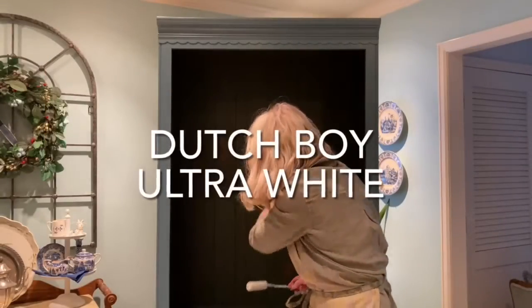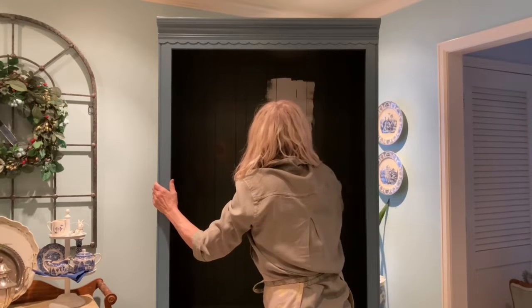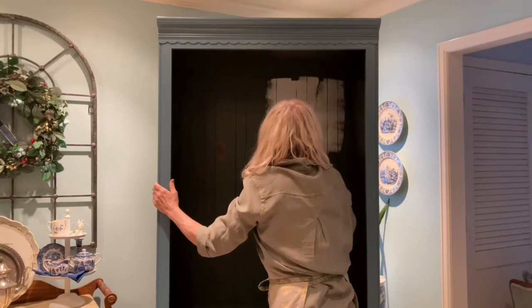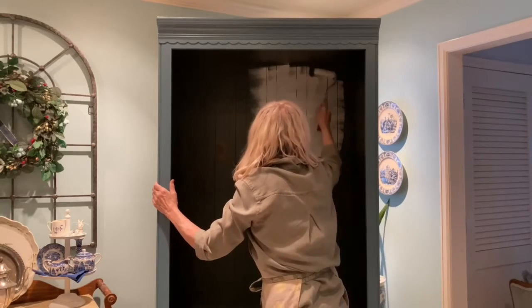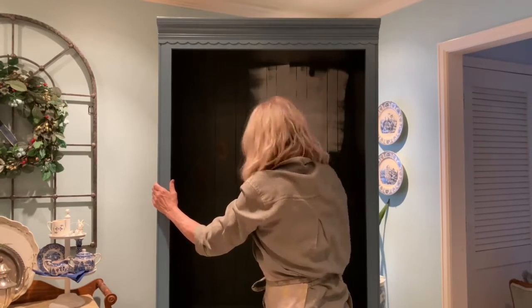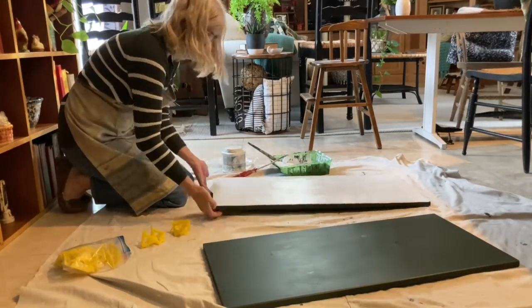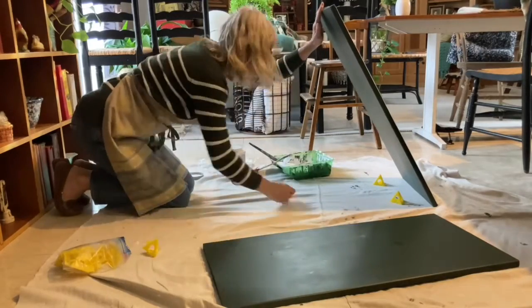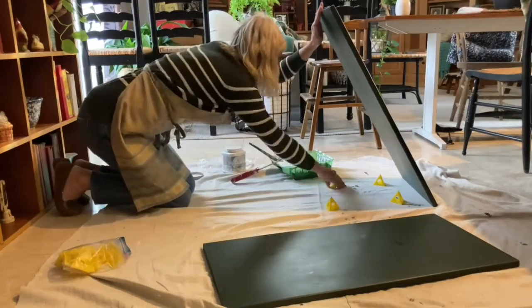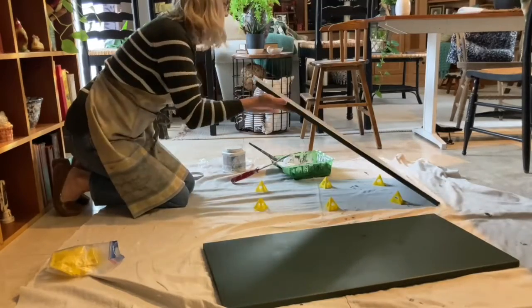After painting the exterior of the cabinets in 2 coats of Dutch Boy's Prussian blue, I painted the interior of the cabinets and the shelves in Dutch Boy's Ultra White. I painted the shelves in the same manner as I had painted the doors. I gave them 2 coats of the white paint, allowing them to dry between coats while balancing on the painter